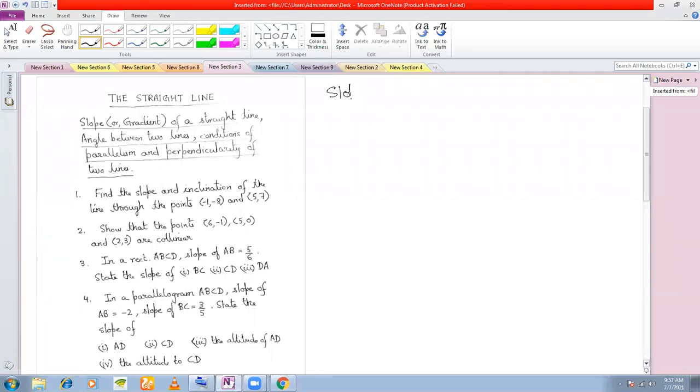Slope or gradient. Slope or gradient of a straight line. Now, what would you mean by slope or gradient? If you remember last year, I told you that if you have a straight line